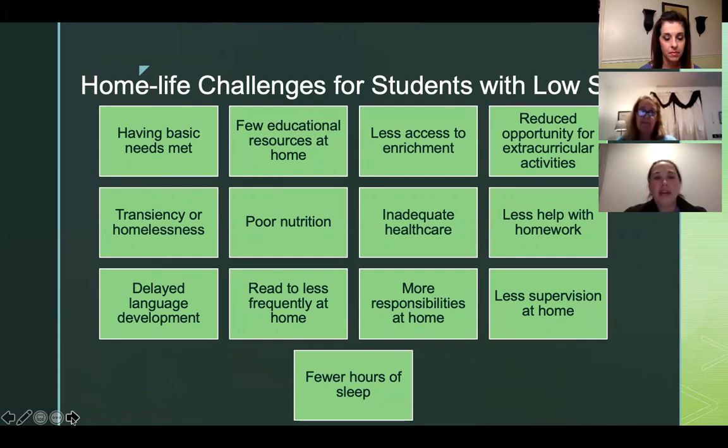Now that we've completed our first activity, hopefully you're able to understand some of the struggles that children from low socioeconomic households have to deal with on a daily basis. So some of those challenges are lack of home stability. These students